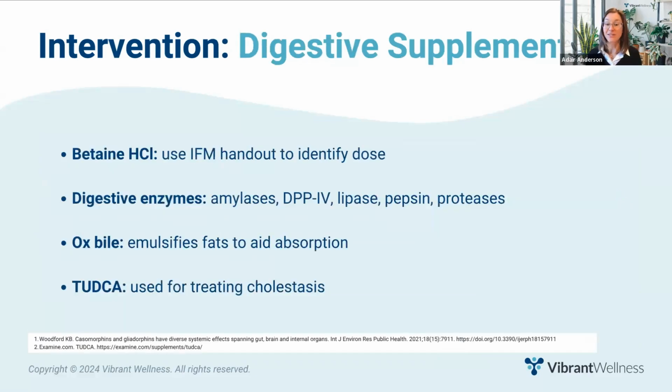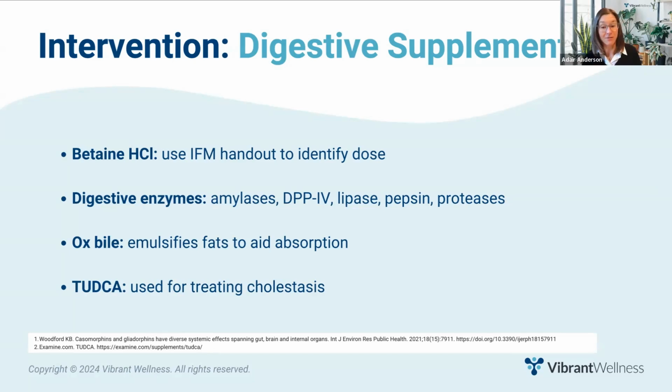I often use digestive supplements with clients, especially at the beginning of their treatment protocol. When the patient has low pancreatic elastase, I recommend a supplement with digestive enzymes. If they also have gluten sensitivity, I find a product with DPP4, which helps break down gluteomorphin. And if we've done food sensitivity testing and the client is reactive to many foods, I'll find a blend that includes enzymes for all major intolerances.